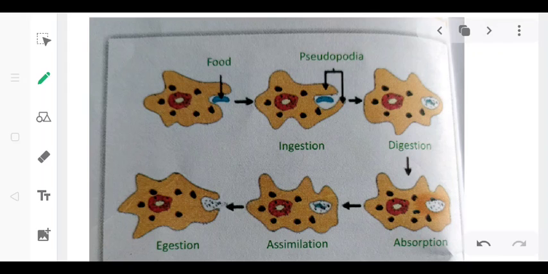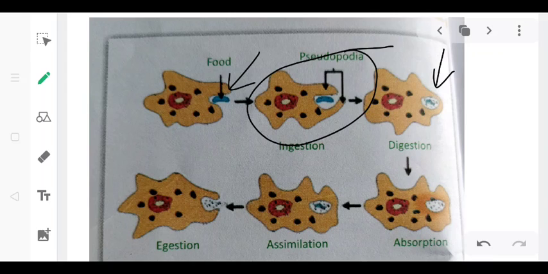Amoeba takes in food with the help of pseudopodia, as we have already discussed. When there is any food, you can see here the food particle. When there is any food particle around the amoeba, it pushes out pseudopodia and surrounds it. Here you can see how the pseudopodia has surrounded the food particle. The food is ingested at the point where it comes in contact with the cell surface with the help of pseudopodia, as here in this case the food has already been ingested into the body of the amoeba.